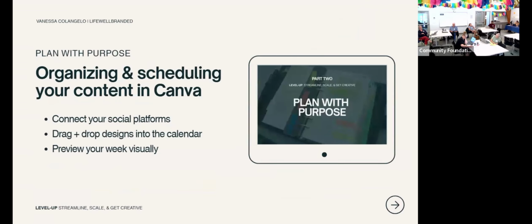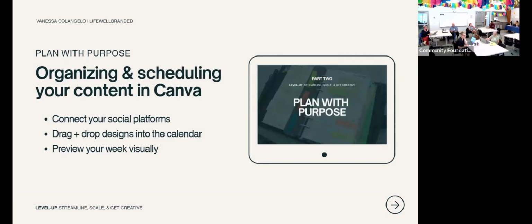So the last thing that we are going to be reviewing is your content planner. Canva does have a built-in content planner, and I think we all know that scheduling posts is one of the biggest pains when it comes to content. Some people use HubSpot, some people use other social media management platforms. A lot of them are very robust and can do a lot more than Canva's content scheduler. But Canva does have a built-in one that can simplify things for you a little bit